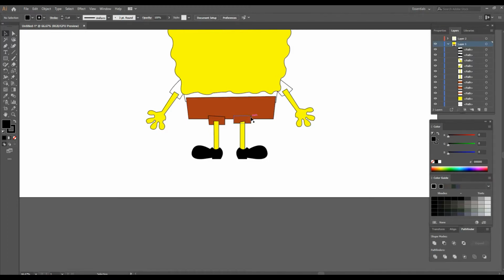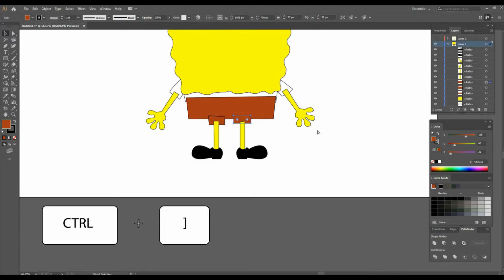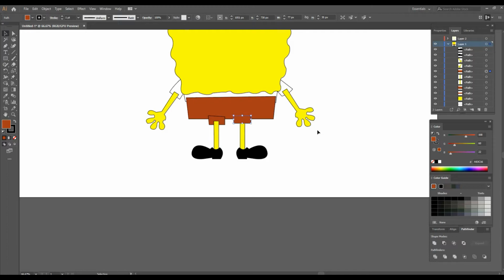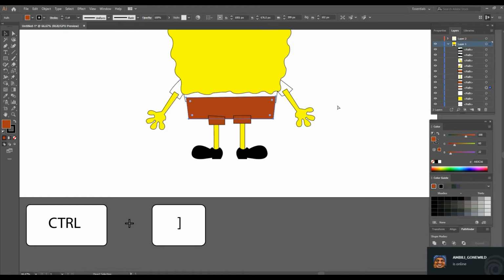So let me just click on this and press control plus the square bracket, and it came up, see. And this one, now this must come up, so control plus,